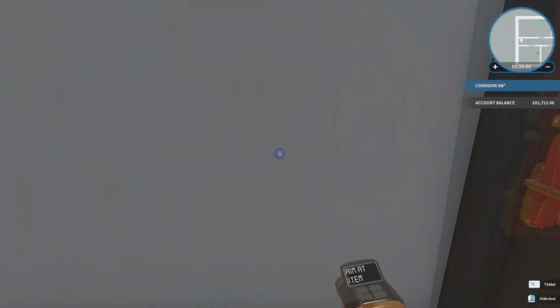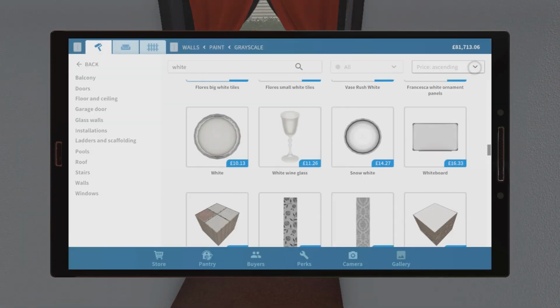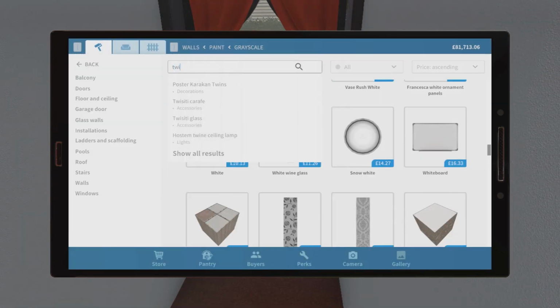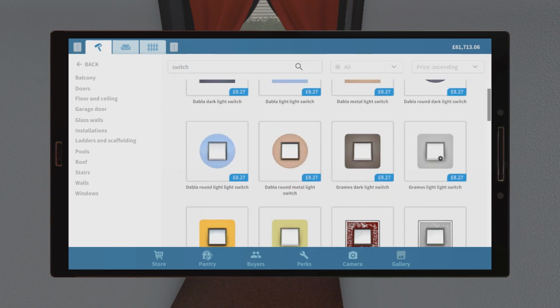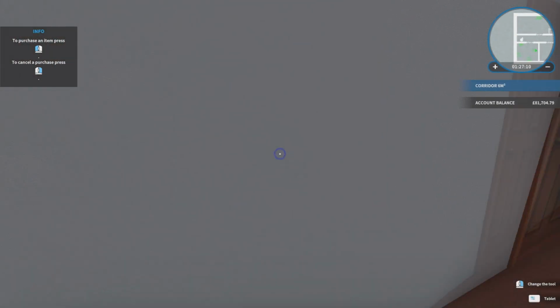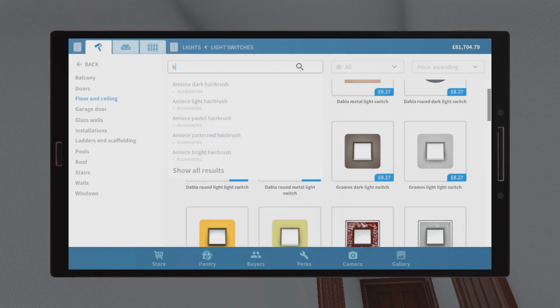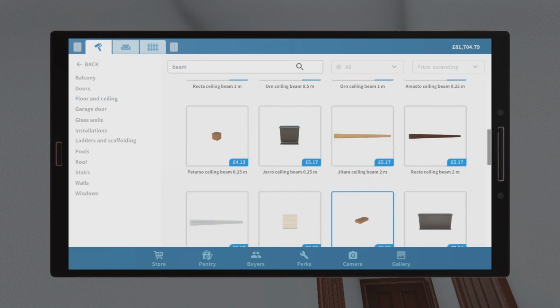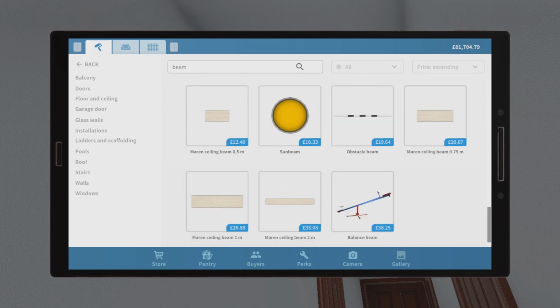Nice little brush up. I will have lights in this room as well, seeing as we're going to finish off the rest of the house today. I put Twitch, I want Switch. I will have a bog standard this thing over there. I want a big ass light beam as well. Would beam work? These are ceiling beams. And an obstacle beam. I don't want this...